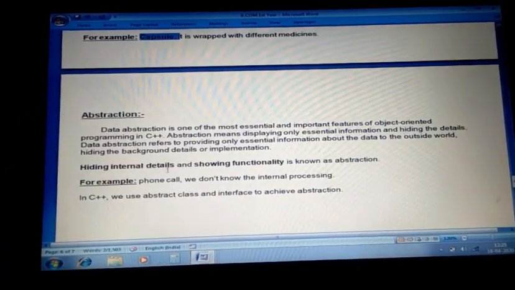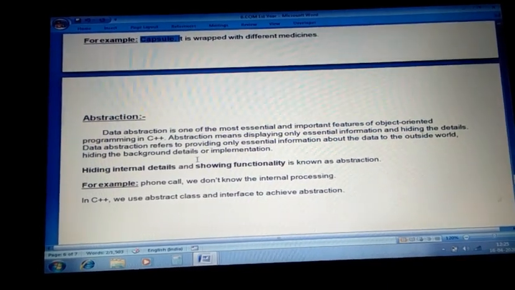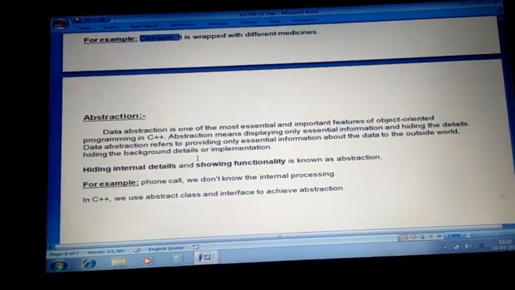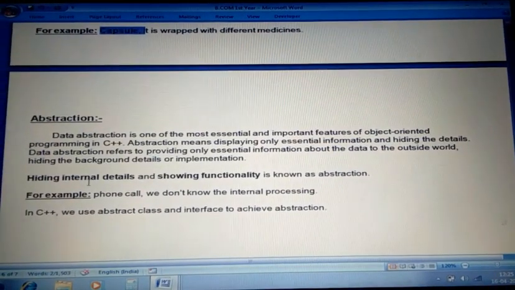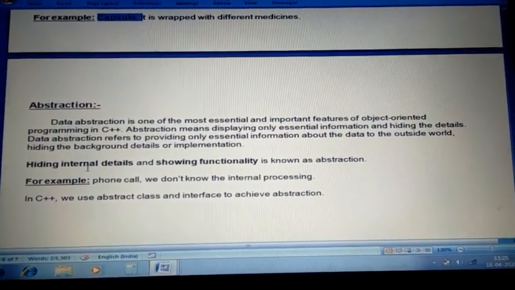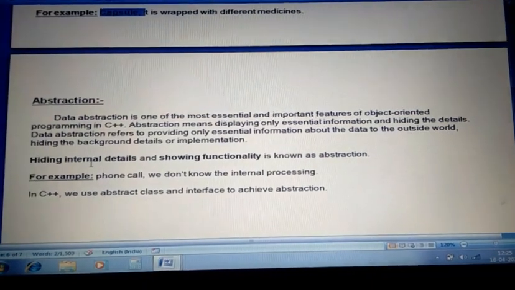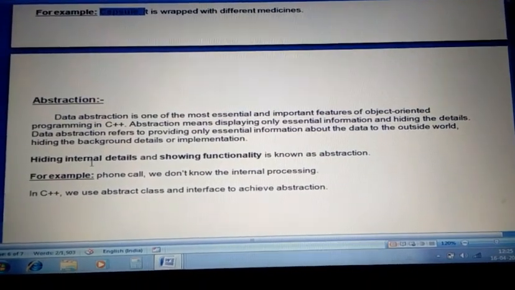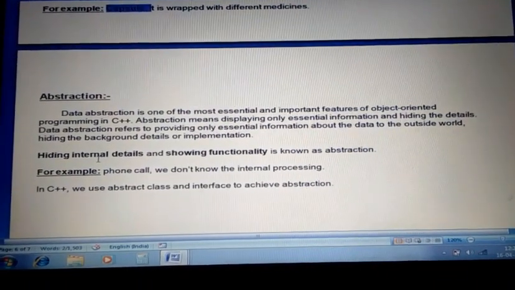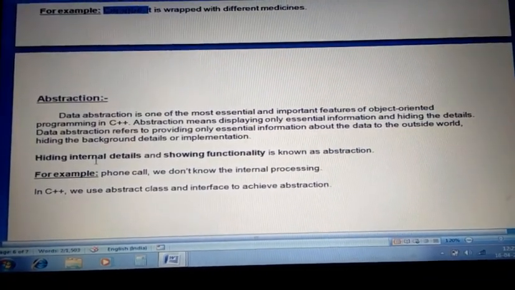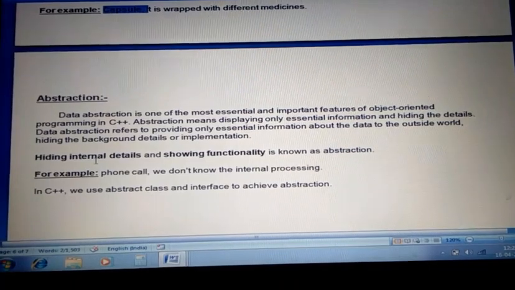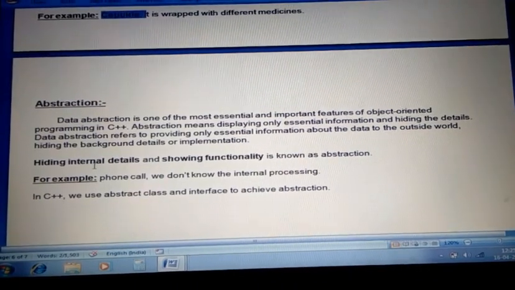That's it. Abstraction is nothing but hiding of the data. Hiding internal details and showing only functionality is called abstraction. Like if you are sending a SMS through your mobile phone, whatever content is there will be transferred.